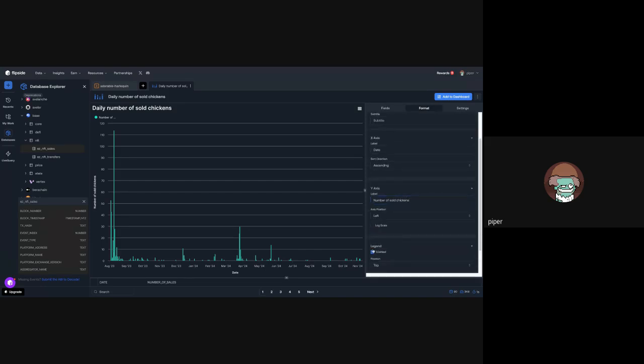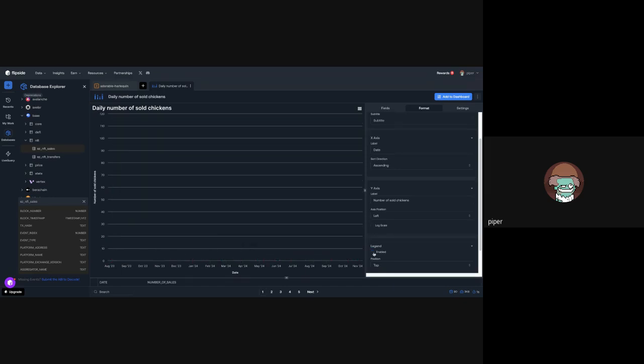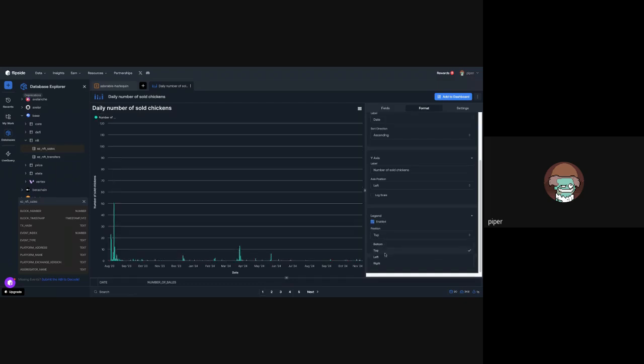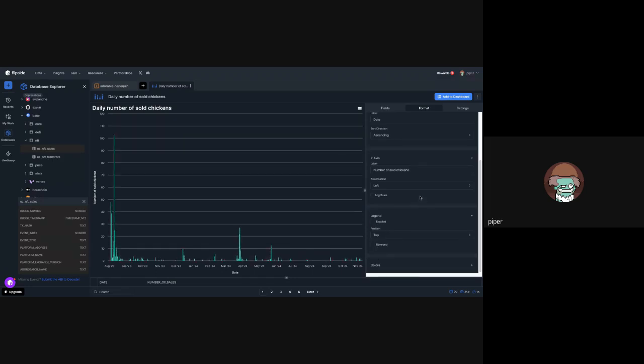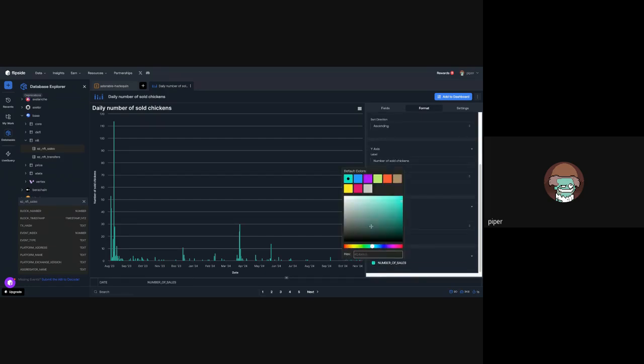Yeah, you can also on the top left, you see here is the legend. You can remove that if you want to, because in this case it's totally fine. It's just one value there, so it's not needed. You can also leave it there. You can move it around. You can put it on the top left, right, wherever. But I would just disable it here. And then later, last, you of course can also change the colors of those